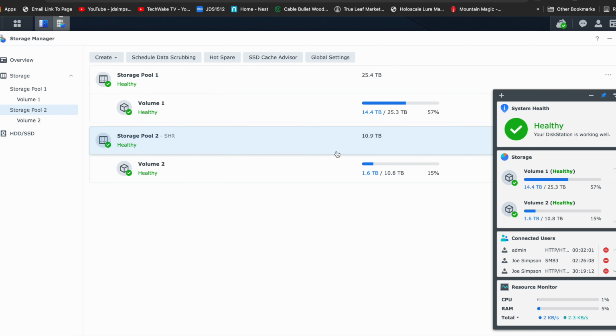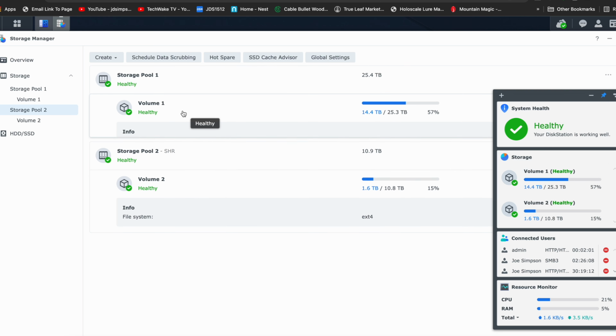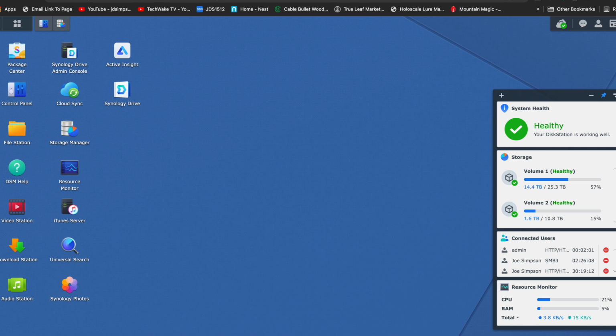So on the storage pool 2, this smaller one, with this extension drive, you can actually do Time Machine backups to your NAS from your Macs. You can do other sorts of things. And I keep all the non-super crucial information on volume 2, and I keep the more important stuff on volume 1. So I hope you guys got a lot out of this. At least you got familiar with the software so you feel comfortable that it's not too intimidating and overwhelming. I mean, you can get deep, but really there's only certain things that you need to know, and it'll walk you through the things that you need to set up initially and kind of get you going.